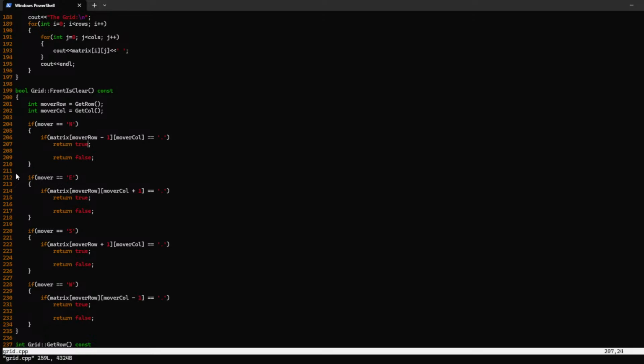Could have done a switch statement on the mover, but it doesn't even matter. We're checking the mover and what direction it's facing. So if it's north, then we go into here and check if matrix mover row -1 mover column